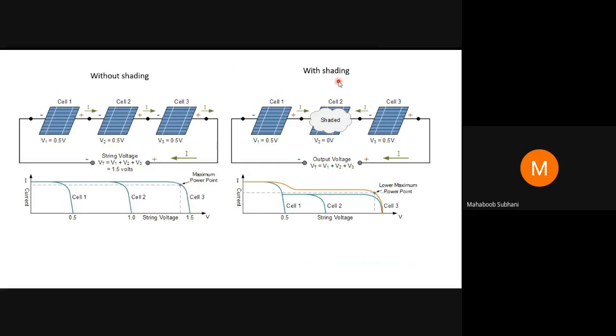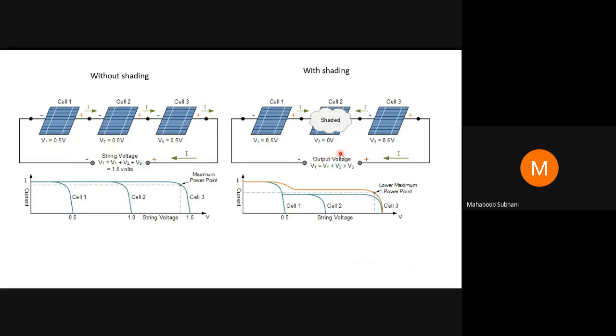Now, for example, in general the shadow will occupy at least 10 to 15 cells, whatever the number of cells may be. But for our understanding, I have considered only one cell to be shaded. So the remaining cells, cell 1 and cell 3, are unshaded. Now with this example we'll see how the drop in voltage and power and the IV characteristics happen in